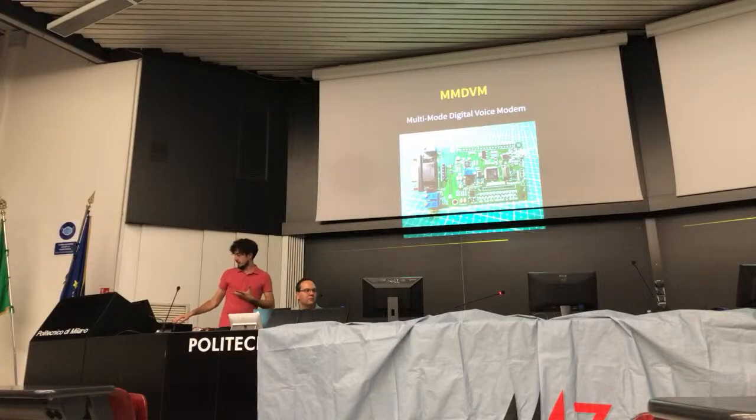Luckily, there is basically this board, which is called an MTVM, which, as you might recognize, looks like a Raspberry Pi, because it's meant to stack on top of a Raspberry Pi. And this one is able to modulate and demodulate all of the protocols that I listed above. So you can buy one, you can put it in your own home, and you can use that, for example,